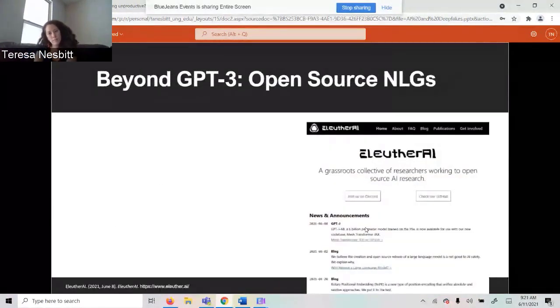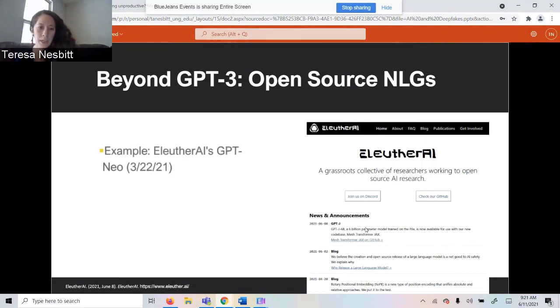Okay, so far we've been focusing on GPT-3, but it really is not the only horse in the race. There's a lot of open source natural language generation software out there as well. Probably the pinnacle version of this is from EleutherAI. It's called GPT Neo, and it's brand new. It just came out in late March. And because it's open source, of course, it's available under a public open license and anyone can use it.